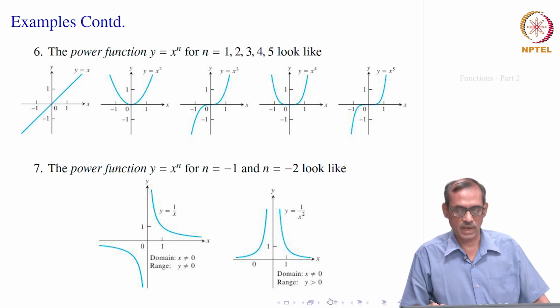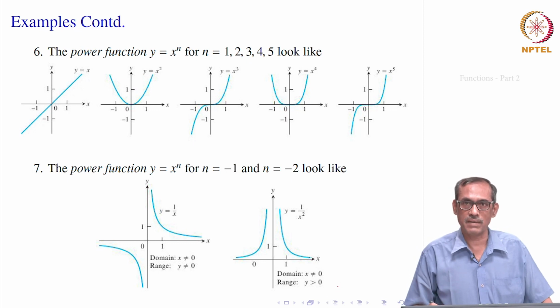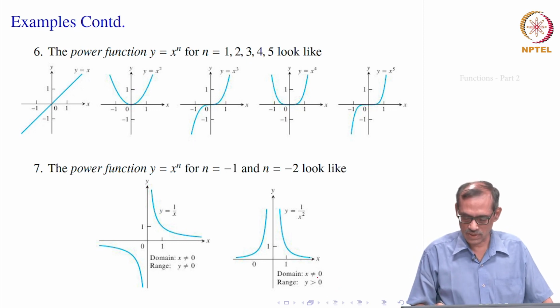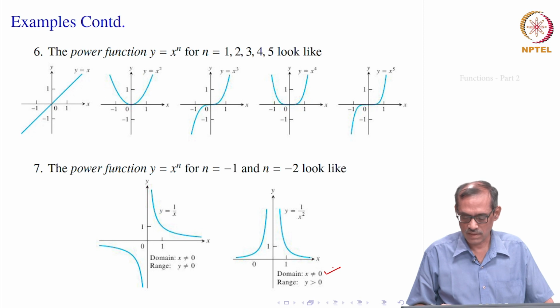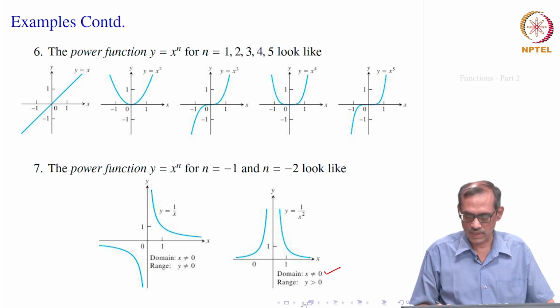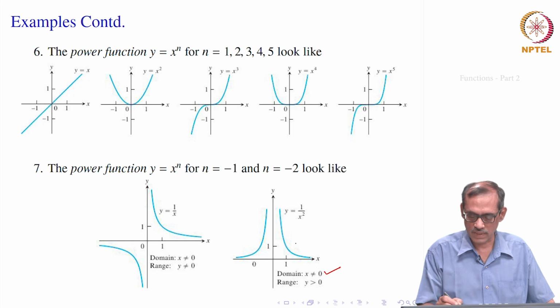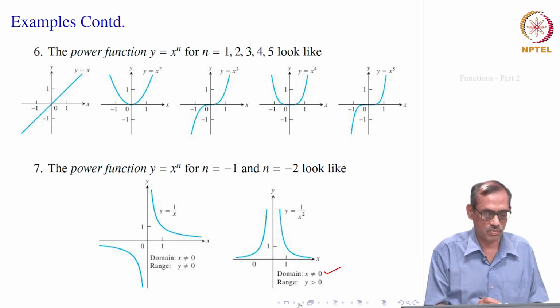Then if you take n equal to minus 2, you would get y equal to 1 divided by x square. Again at 0 it is not defined. So, the domain excludes this 0, and the range now cannot be negative, because it is 1 by x squared, which is greater than 0 always, because x is never 0 here. 1 by x squared can also never be 0. So, the range is really all positive real numbers, and the graph would look something like this. At negative and at positive x, they have the same value. So, it will look something this way, y equal to 1 by x square.